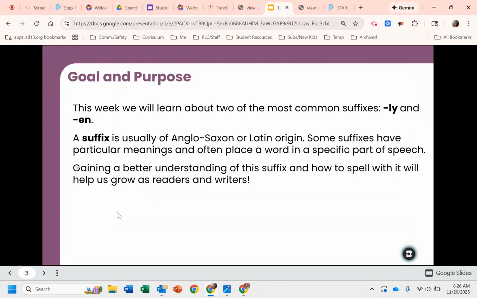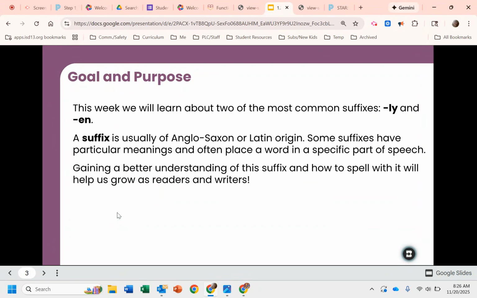This week we will learn about two of the most common suffixes, ly and en. A suffix is usually of Anglo-Saxon or Latin origin. Some suffixes have particular meanings and often place a word in a specific part of speech. Gaining a better understanding of this suffix and how to spell with it will help us grow as readers and